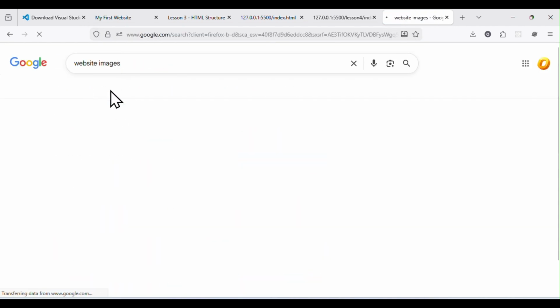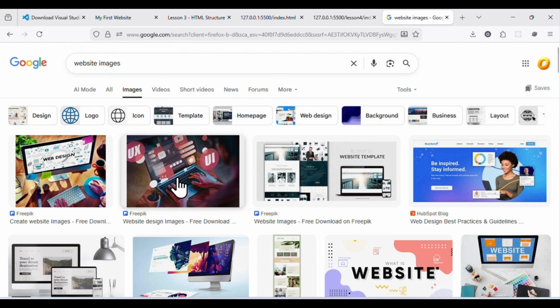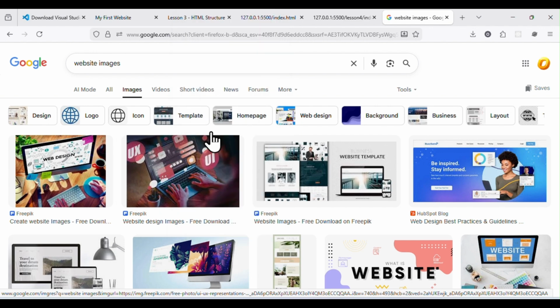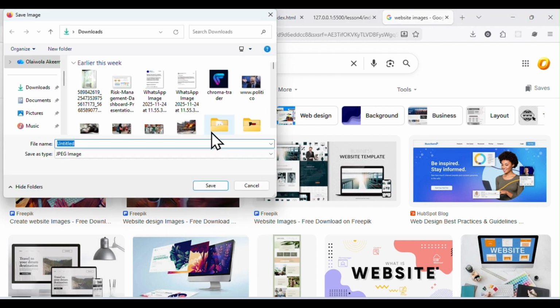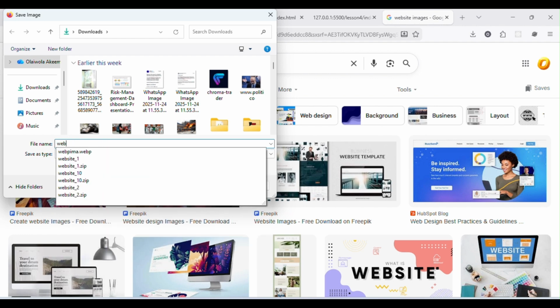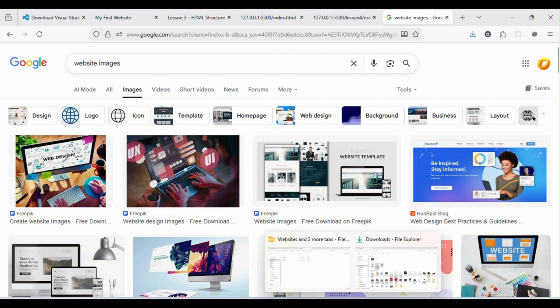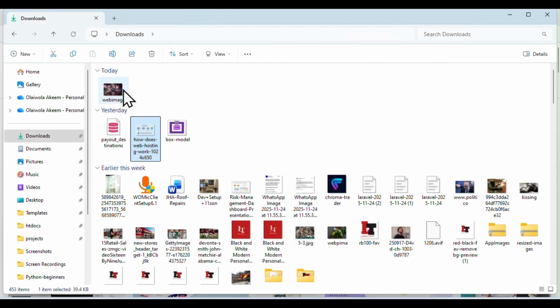So I'll click on this so that it just gives us what we want. So can you see, for example, I can actually download this. You right click and you can rename your download web image. Okay, so this is going to go to your download. You can copy